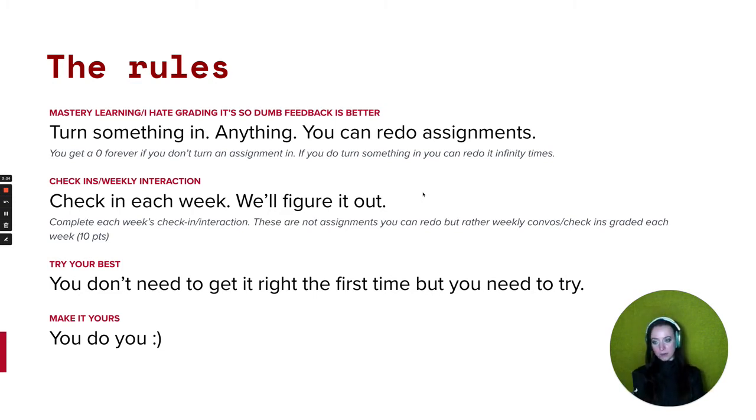And it's an approach called Mastery Learning. So in the education space, we call it Mastery Learning, where I'm looking for you to demonstrate mastery of concepts and skills, not necessarily try to get something right on the first try. So you're going to have the opportunity to redo assignments because, again, if you try something and it didn't work, you didn't get it right, or maybe you had the information kind of confused in your head, redo it, learn where it went wrong and try again. Huge believer in that. So the important thing to keep in mind here is that if you turn something in, you can redo it as many times as you want. So you're going to turn something in, I'm going to grade it, which is going to focus on giving feedback, and then you can redo the assignment based on that feedback.